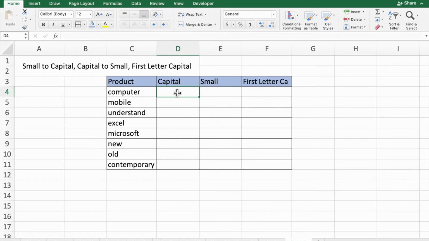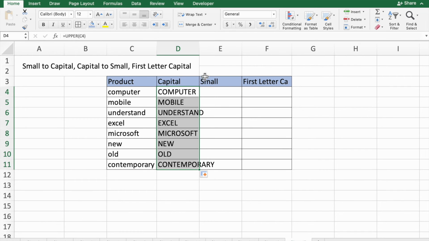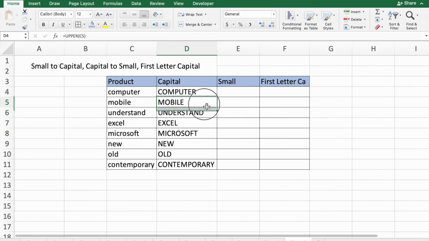Okay, so first we will convert small letter to capital. So what you have to do, you have to type equals to upper. Okay, then choose it, then what you have to do is close the bracket. Okay, now we will drag this to the bottom and you will see all the letters will be converted into